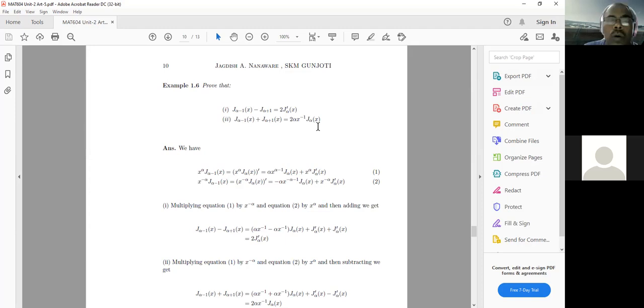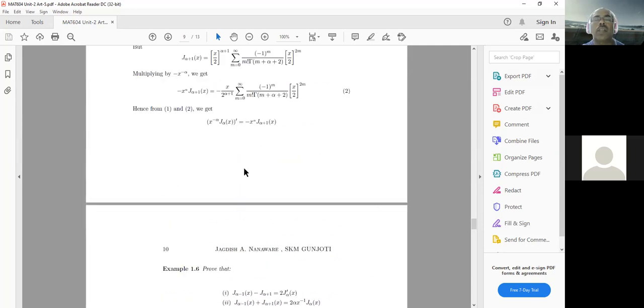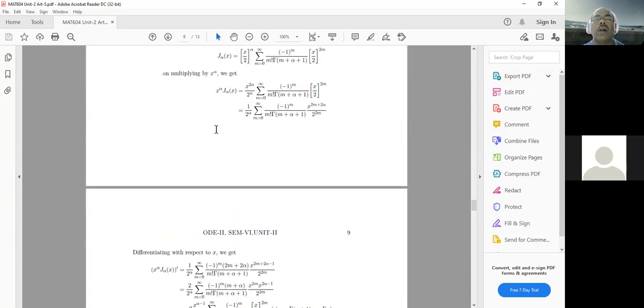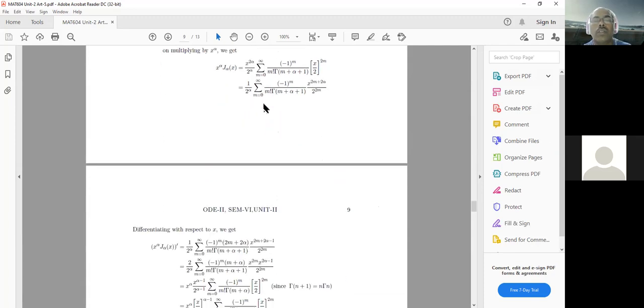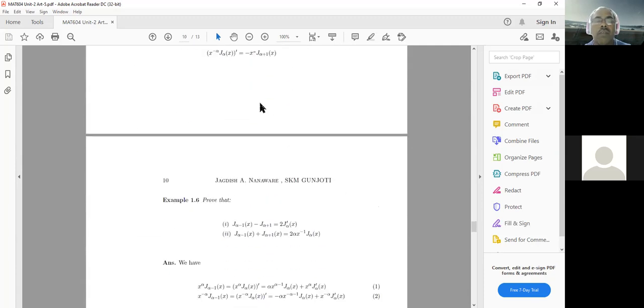Yes. So let us just use the results which we have proved in the previous example. We know that the derivative of x to the power alpha, J alpha minus 1. So what is this? This is the derivative of the product of functions x to the power alpha, J alpha. Just as we have seen here. This x to the power alpha, J alpha minus 1 is nothing but the derivative of this product. So we use this and we write it in the reverse way.